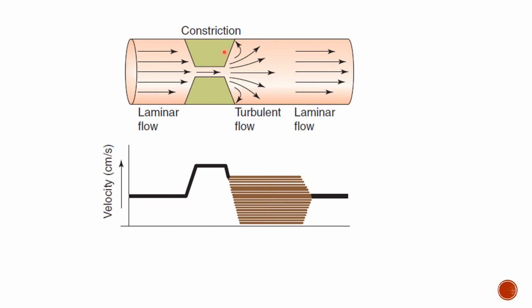So while recording the blood pressure, what we do is we constrict the brachial artery by applying pressure from outside, that is by putting the arm cuff and raising the pressure in it. So what happens, the artery will be constricted so that the velocity of blood flow increases, which gets converted into turbulent flow.